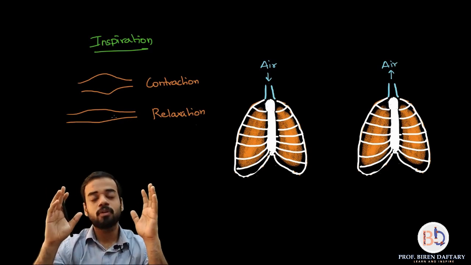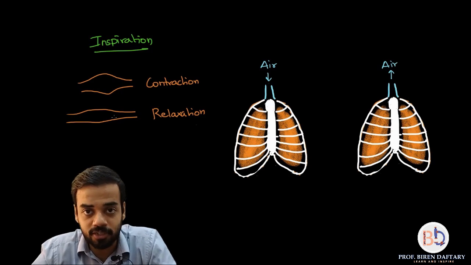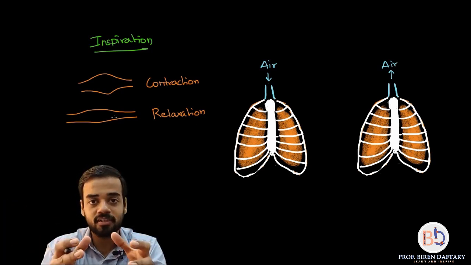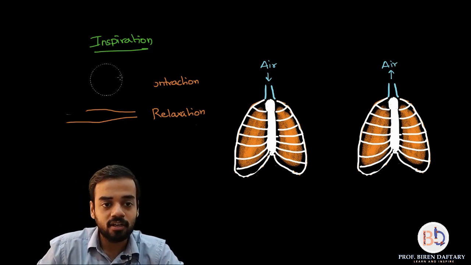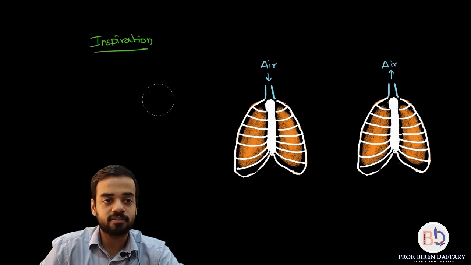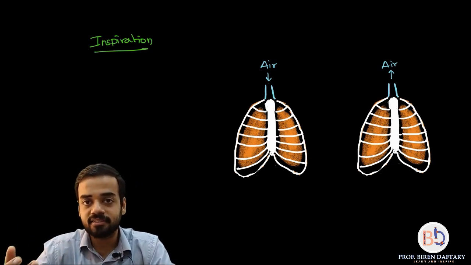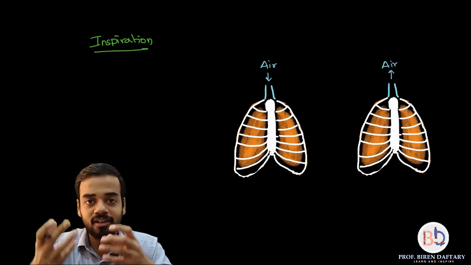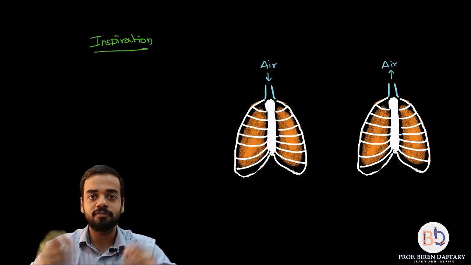So I'm hopeful that everybody remembers this, because it is very, very important when we are going to study breathing. What is contraction, what is relaxation? During contraction, the length of the muscle decreases. During relaxation, it increases. Okay, so now let us start with the first part, which is called inspiration. So now during inspiration, what happens is air enters your respiratory system, it goes inside the alveoli. Alveoli are like balloons, they fill up and the lungs expand, correct, because they are filled with air.